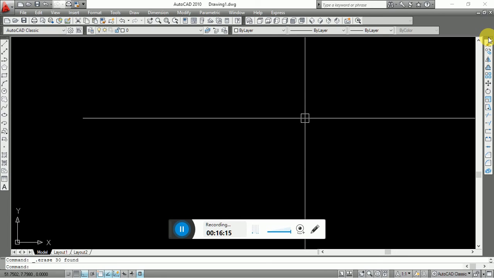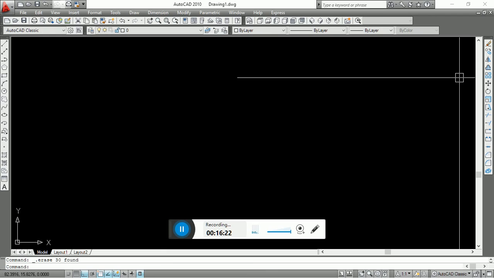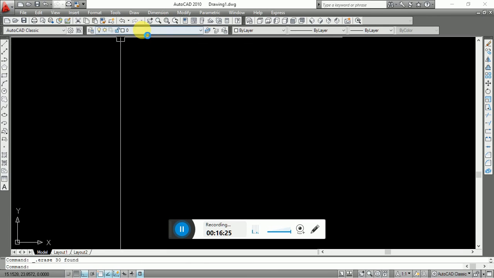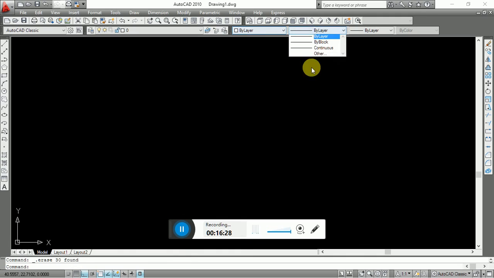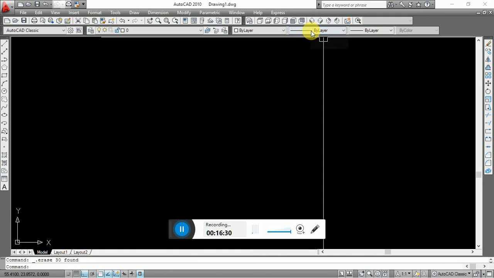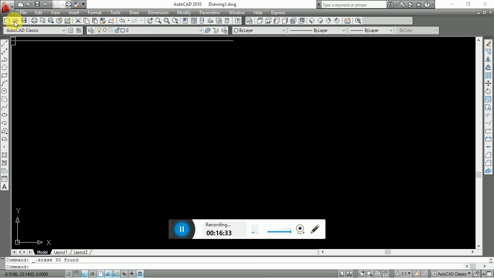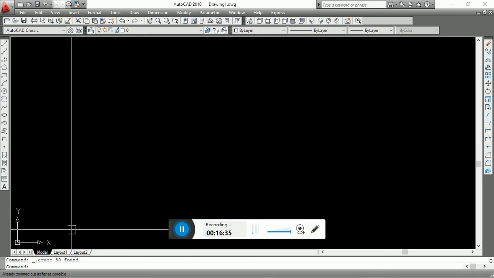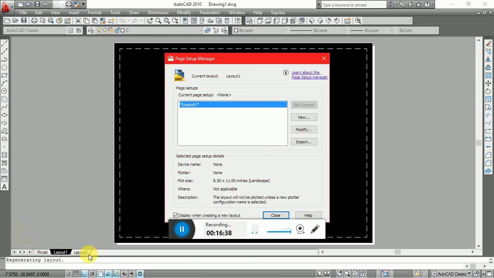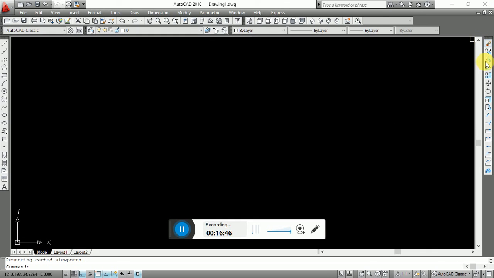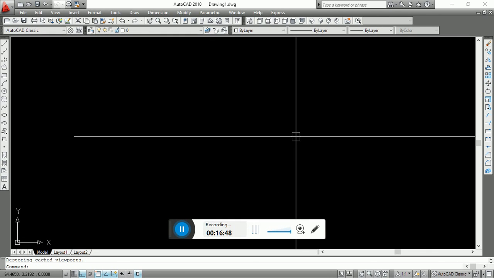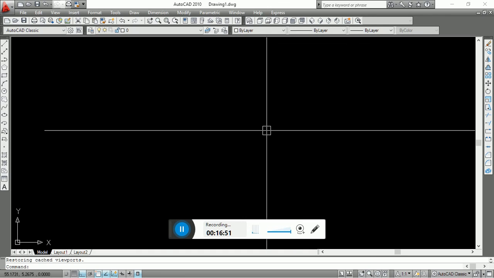In this lecture we saw copy, move, offset, join, breaks and all the modify things. Now in the next lecture we will see the layers. Here is the layers, here is the color control, line control, and how to insert an image file in the AutoCAD file, and the layout. This is a layout. We will see this in a next lecture. And array and hatchings. Okay,